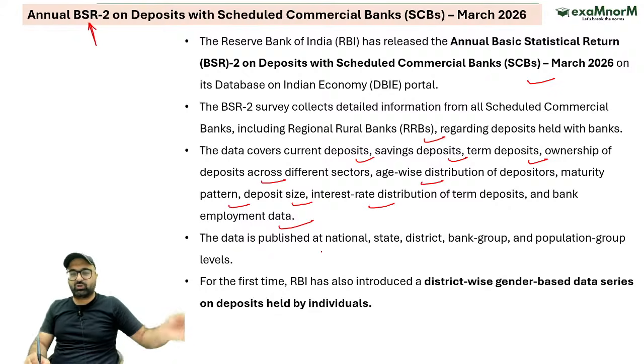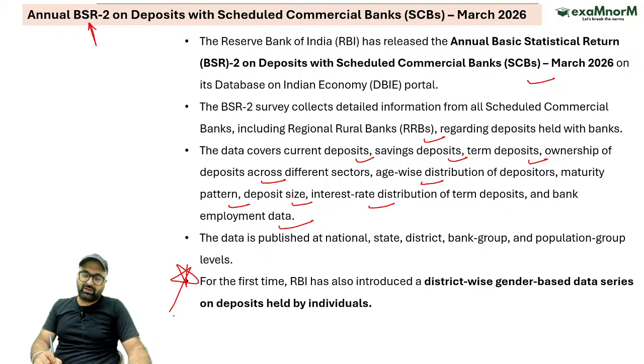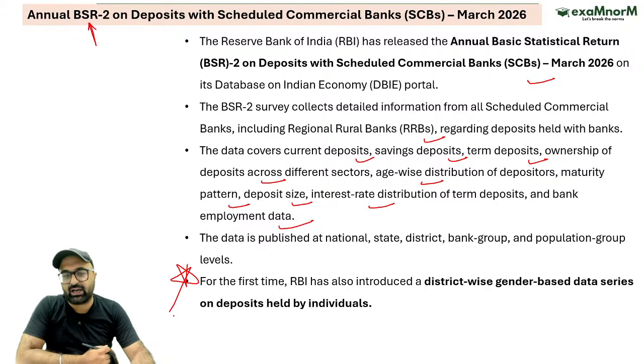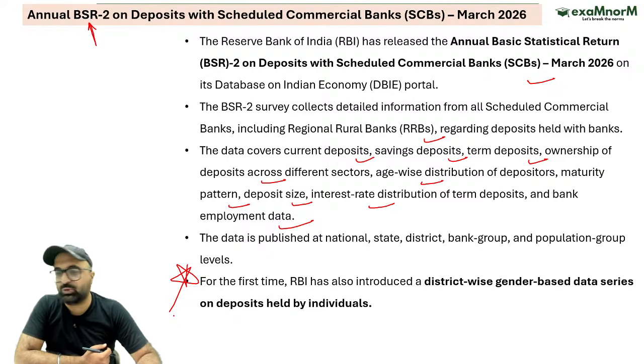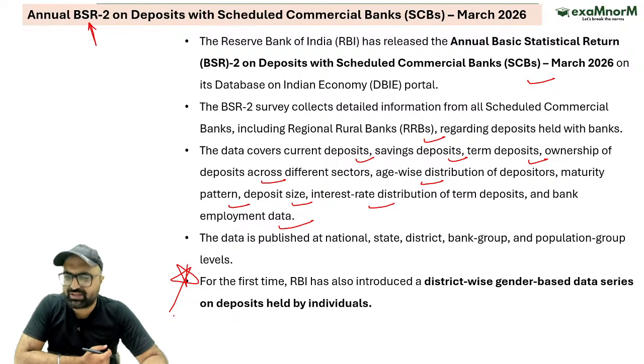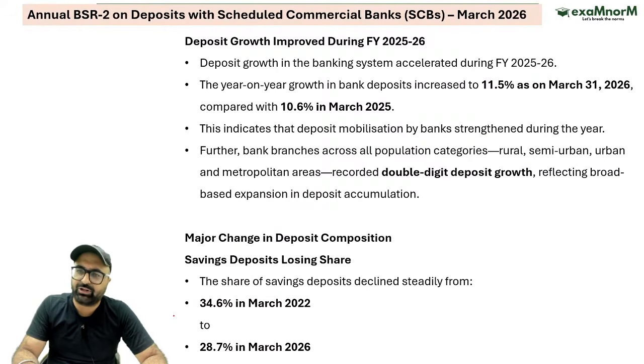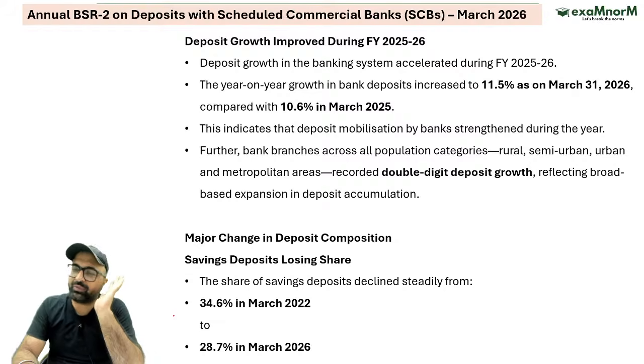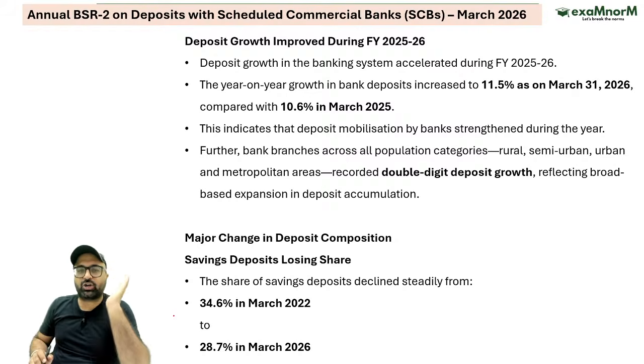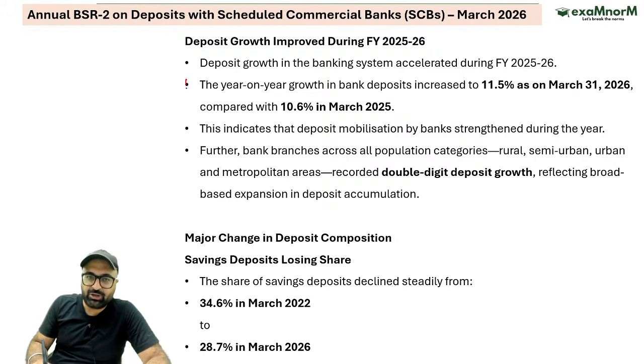लेकिन हम उसमें सिर्फ उतना ही याद करेंगे जो हमारे लिए इंपॉर्टेंट है। फिर अगला पॉइंट जो यहाँ पे याद करना है वो क्या? For the first time RBI has introduced the district-wise gender-based data series on deposits held by individuals. This is what you need to remember. ठीक है, अब अगर मैं बात करूं इसमें से कौन कौन सा डेटा इंपॉर्टेंट है, सबसे पहला जो डेटा इंपॉर्टेंट